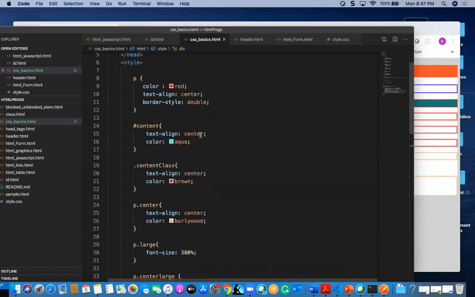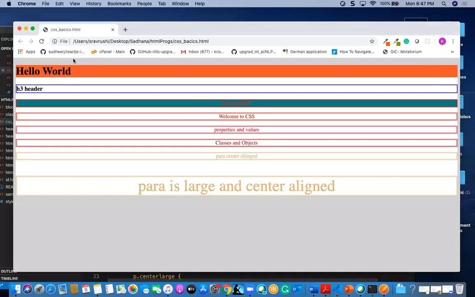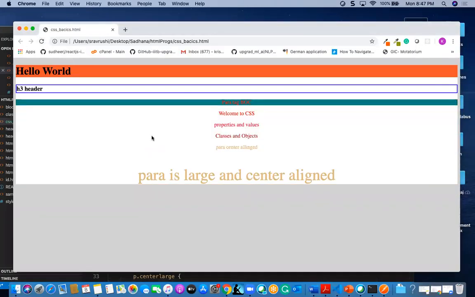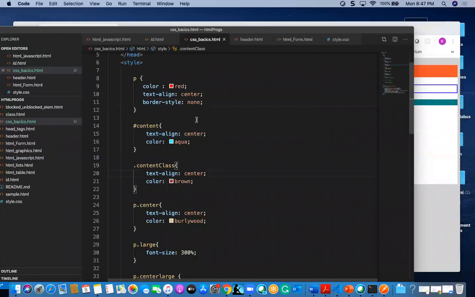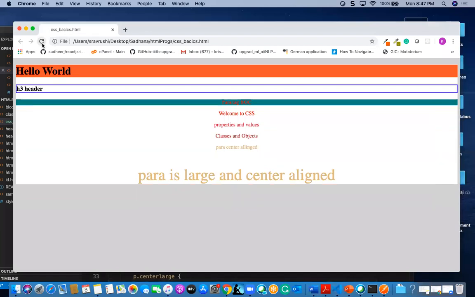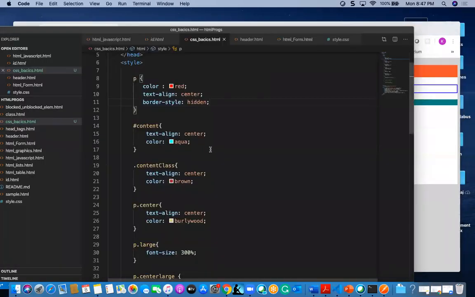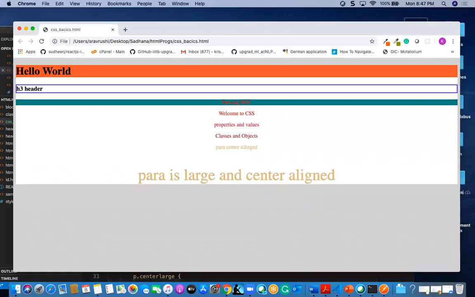You can give none if you don't want to use any border. You can give hidden also. With hidden, it will be there, but not visible.